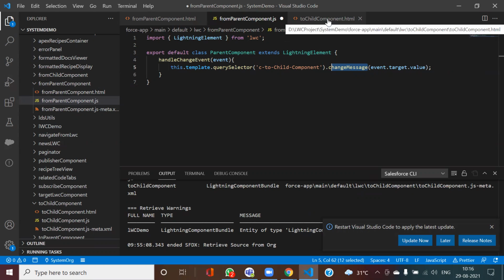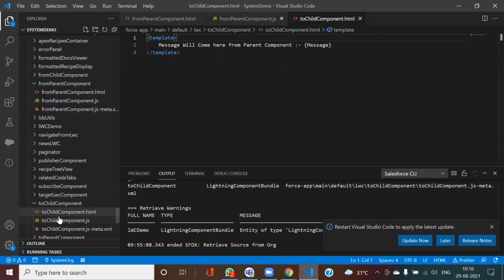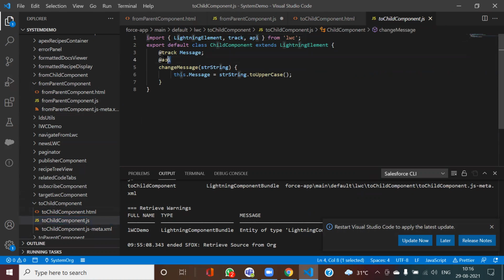So now let us go to here. If you see, fine. So now here what has been done? I have this variable. You were asking how to use it in track. So this dot message. So now what I have done is I have entered hello child in anything, and it's getting converted to uppercase also.